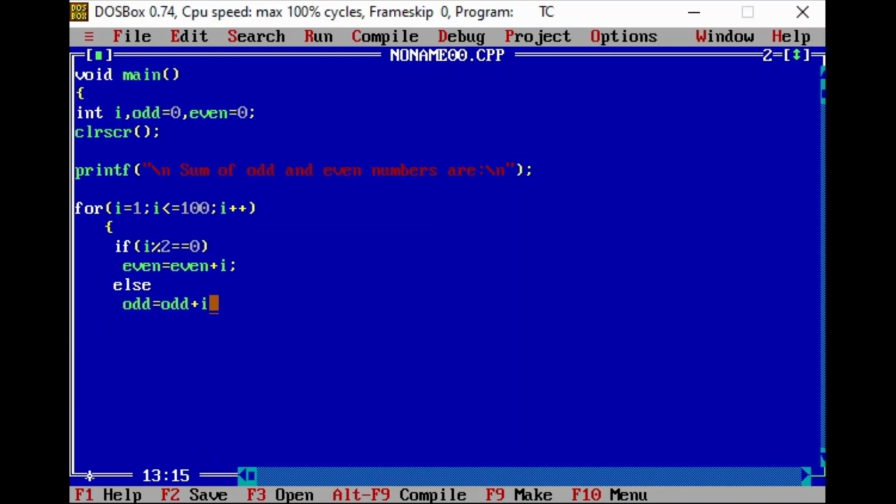After the if, I told you that the I value would be 1, so our if condition would be false, so it would use our else condition, which is the odd is equal to odd plus 1 formula. If we give printf percent d even here, it would keep printing 2, 4, 6 and so on.